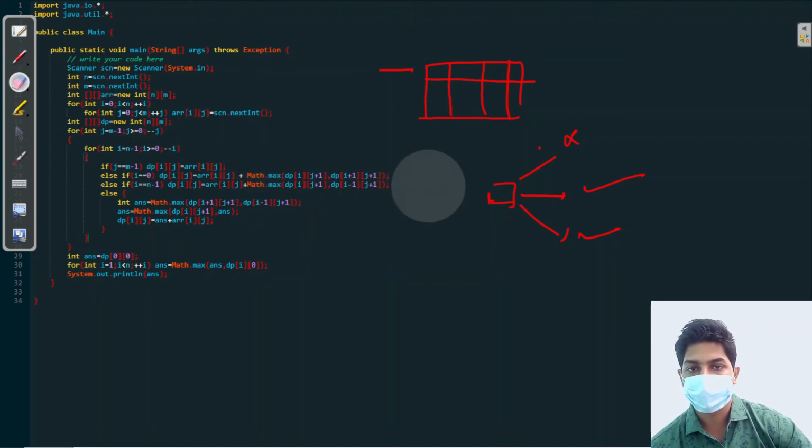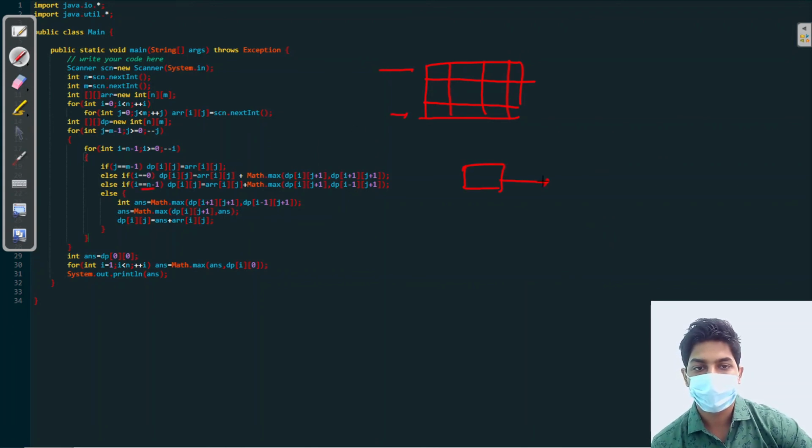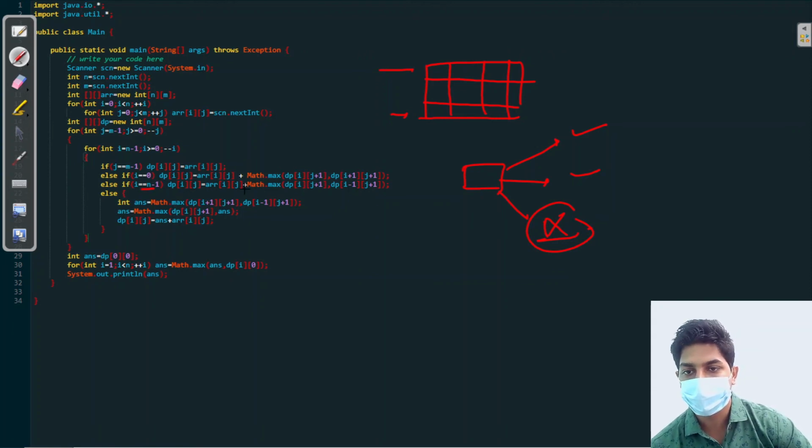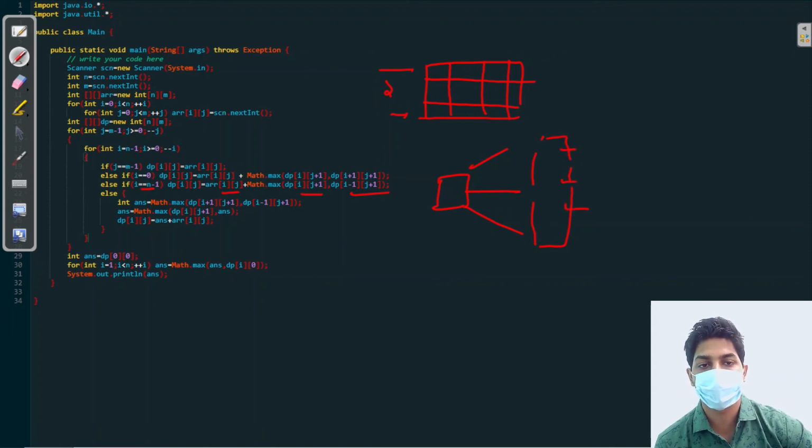Now if we are in the last row, that is i equal to n minus 1, then we are allowed to move in horizontal and vertically upward directions. We are not allowed to move in the downward direction since the grid does not exist. So we have written array of, we can move in horizontal direction or upward direction. Else if we are amongst the middle rows, then we can move in all three directions, and we have to take the maximum of all three, and then add our answer, that is the gold in our current cell.